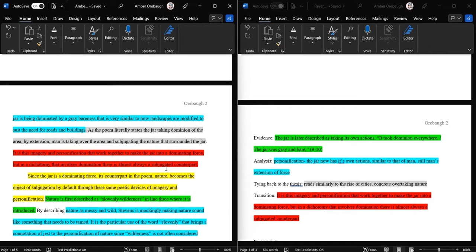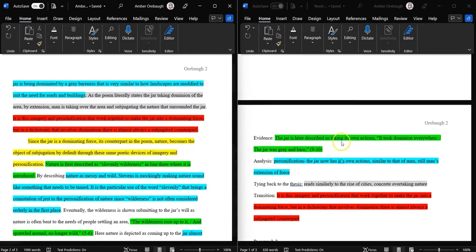So this is the only one that I pulled out specifically to look at, but that's something that you do want to keep in mind when you're doing a reverse outline like this, or when you're just looking over your essay. This is just a tool that you can use during revision. And during your revision step, a big thing that you might want to look out for is, am I actually tying back to my thesis? When I get to the end of my paragraphs, does what I said make sense, right?